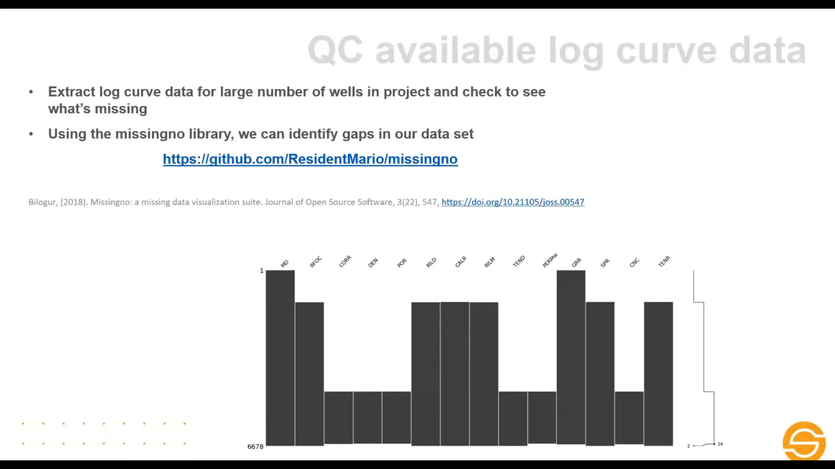So next, kind of continuing on with the example of log curve data, what if I want to do a quick QC of log curve data in my project? Well, there's a library out there called Missingno, so it's been posted in the chat here for anyone who's interested in it. And it's a quick way of scanning through larger data sets just in general to see where you may have missing data and where you don't have missing data. And I've set up a notebook here